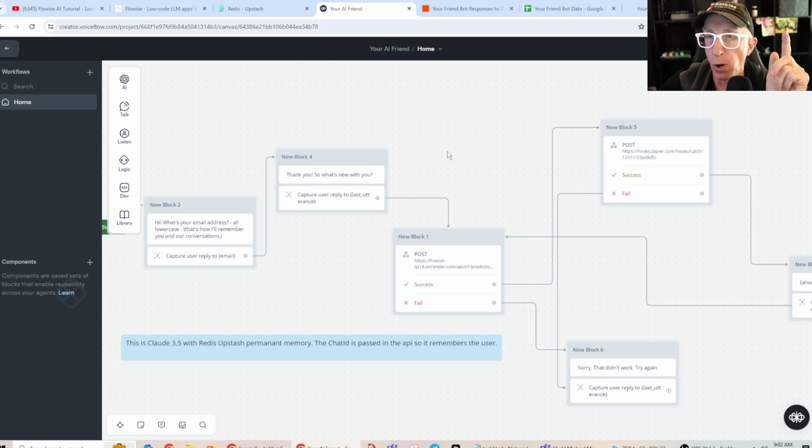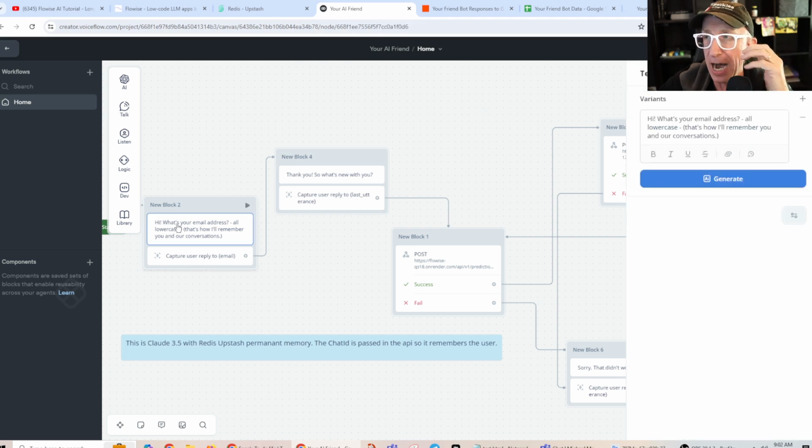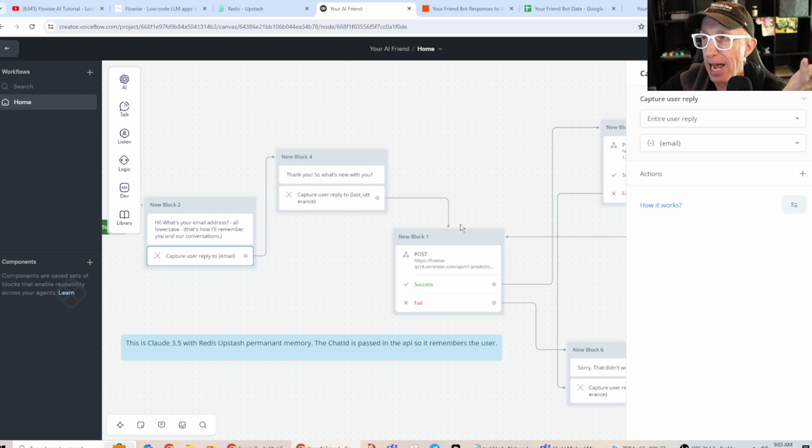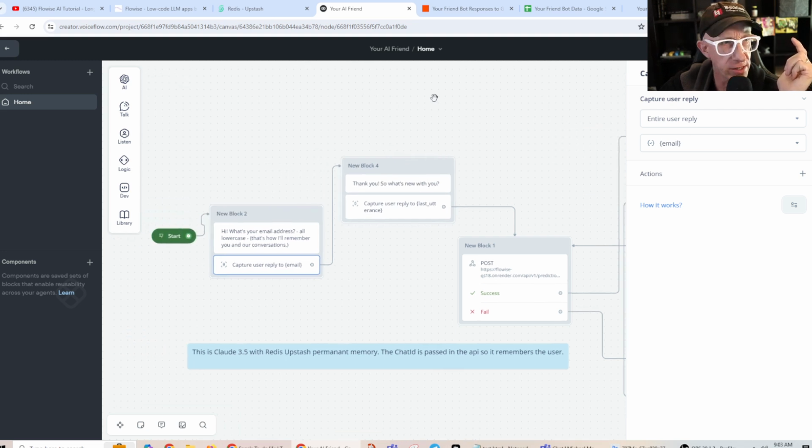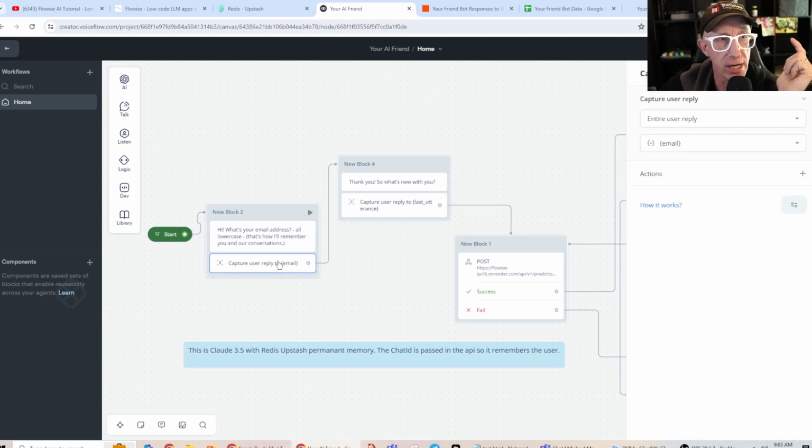But what I did was, when I start the bot, I say, what is your email address? All lowercase, because if you change the case, it makes a new session ID. And so that's how I'll remember you in our conversations. So then it captures that as an email variable. See here? You see it? Yeah, okay, it's here, right? Okay, so you capture that